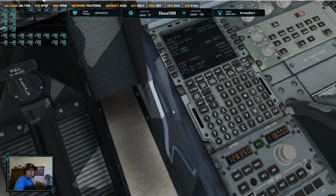37 Quebec, Jarwin Tower, runway 20 right, cleared to land. Cleared to land 20 right, 37 Quebec. Number 6 Whiskey Foxtrot, contact